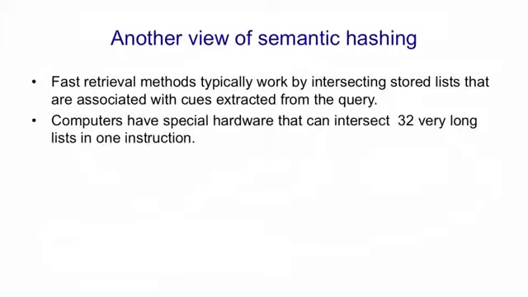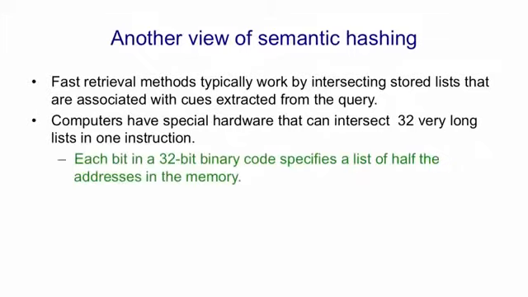Now, computers actually have special hardware that can intersect 32 very long lists in a single machine instruction. The hardware is called the memory bus. Each bit in a 32-bit binary address specifies a list of half the addresses in memory. For example, if the bit is on and it's the first bit in the address, it specifies the top half of memory. If the bit is off, it specifies the bottom half of memory. What the memory bus is doing is intersecting 32 lists to find the one location that satisfies all 32 values